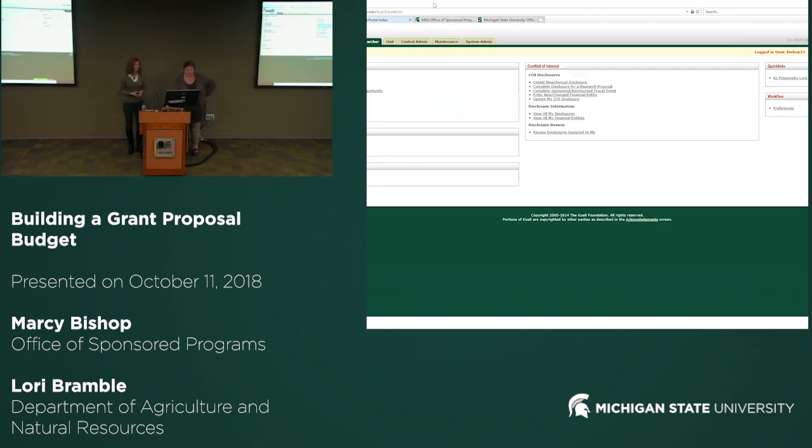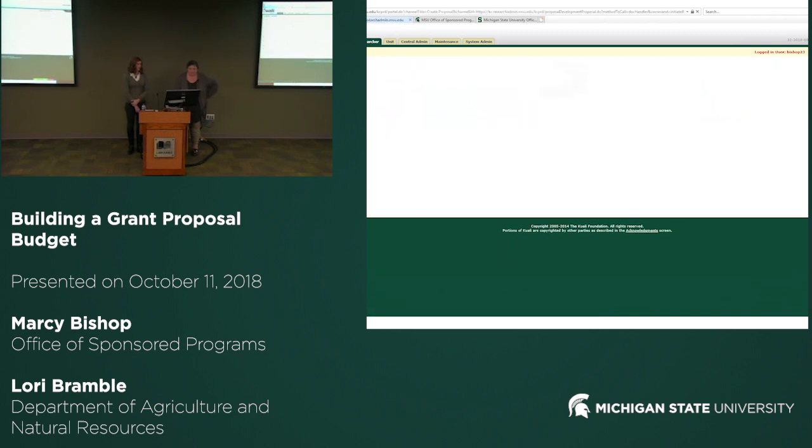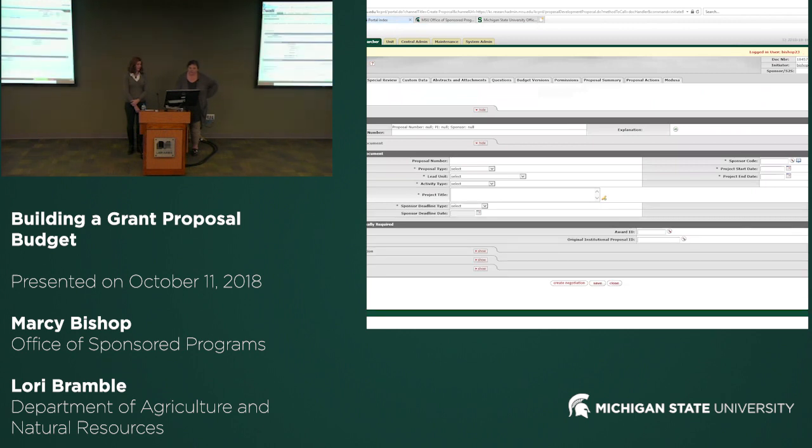Okay. And typically you'll go from the Researcher tab here, create proposal. And these are small on the screen. And these are your 7 fields that you have to fill in. So in most cases, your proposal type is going to be new. So unless you're doing like a pre-proposal or an award revision, but typically you're going to be doing new.